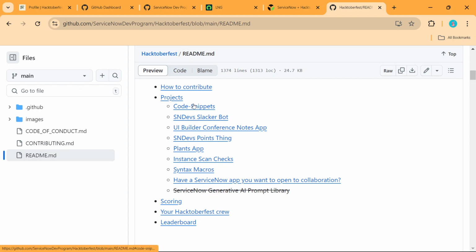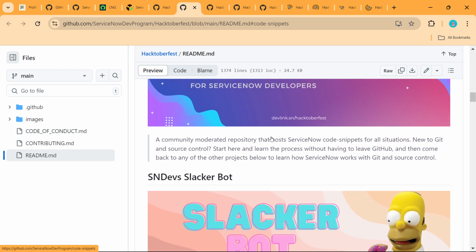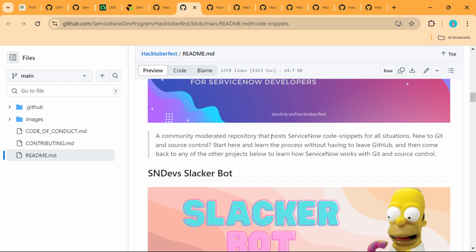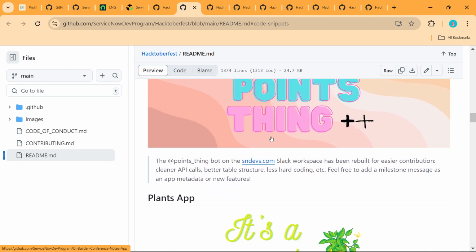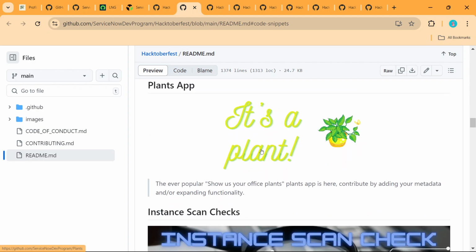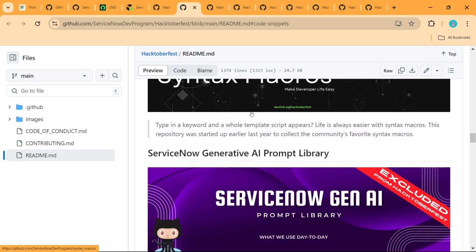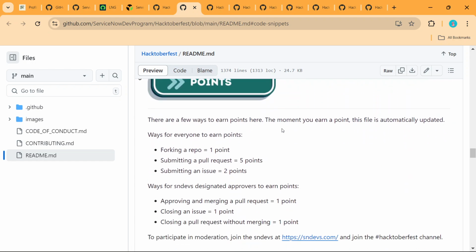Okay. And if you want to read about this, like code snippet, plants, instance scan, syntax, you can go into the detail of what this particular repository is doing for me. Conference note: if you are on Slack, there is a channel available, #HacktoberFest. Go and join that channel. You will find a lot of things there. If you have any issue, you can put your issue there, and a solution can be provided by the number of people in that group. And there you can find how many pull requests are going, how many commits have been done. So this has a little bit of an introduction about the particular things.